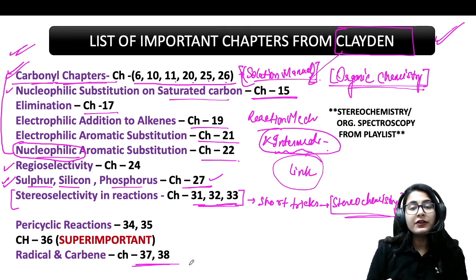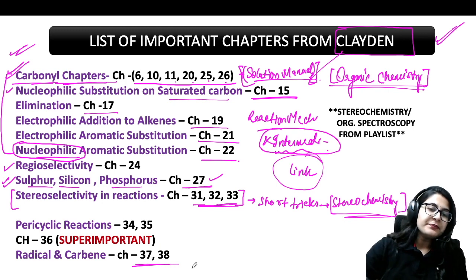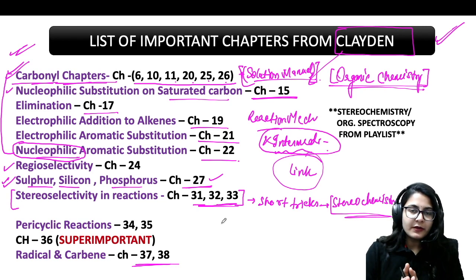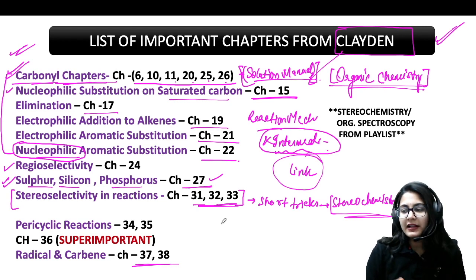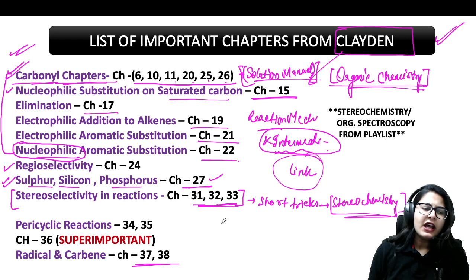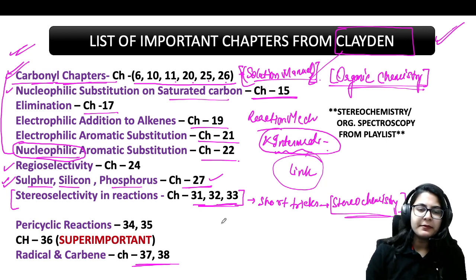These are going to be huge for all of you, right? Okay. So, yes, now see, these are not the only topics which are coming in organic. There are other topics as well, like spectroscopy and pericyclic, heterocyclic compounds, asymmetric synthesis. So, everything is there in Clayden, but if you haven't already studied them, then you must first focus on this